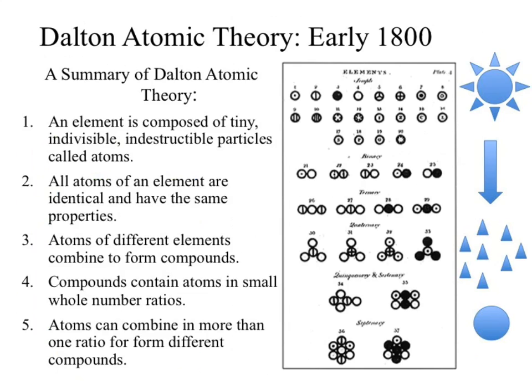The image next to it, if you can read that, I don't think I can. I can read the top. It says elements, and he's got a list: 1, 2, 3, 4. Does he go in order? Goes up to 11, and then he starts jumping around. What is that list of? All of the elements known at that point, or all of the elements known to Dalton at that point.